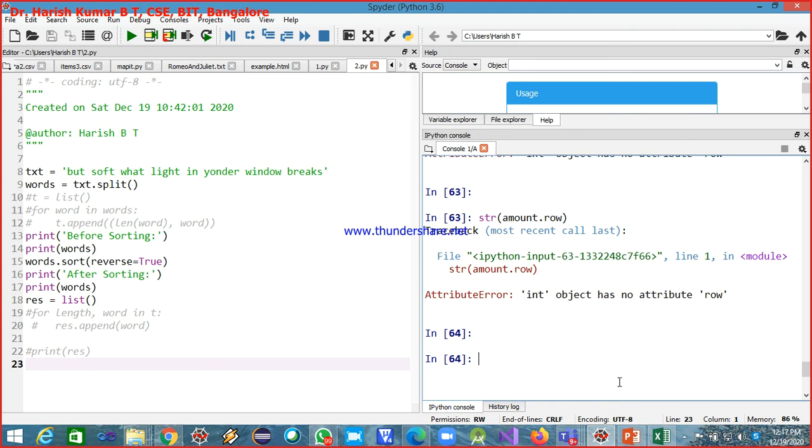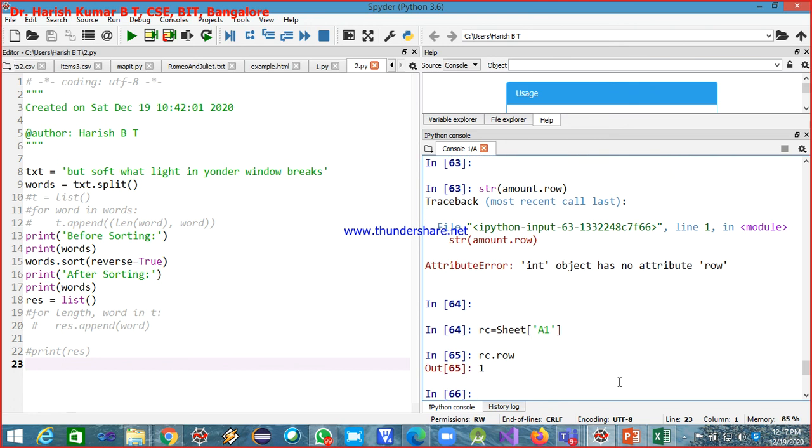Say RC, let me take row column is equal to sheet of A1. So dot value I should not do. Okay, now I can say RC dot row.